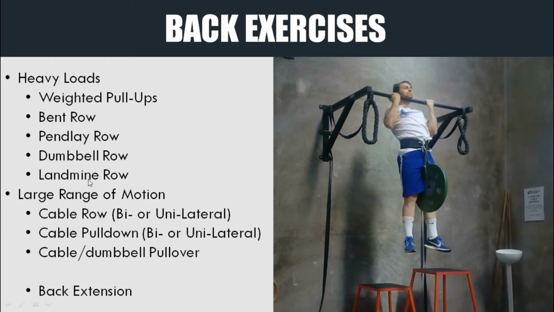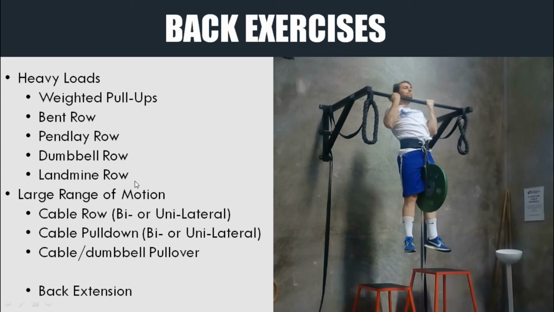And then we have something like a landmine row, and these are a basic list. There's obviously a more extensive list, but these are the primary heavy loaded exercises that are going to target the back musculature. So landmine row, something like having the bar in a landmine and using some sort of attachment to